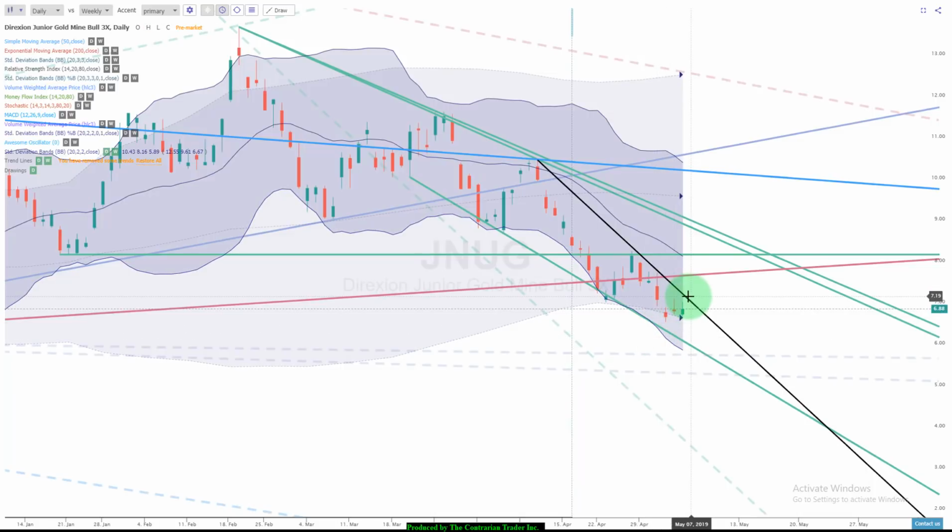And if we do break out and above it, expect resistance here at 783, resistance then again after that at 819. Anything above that level will probably take us out and above these primary upper bands of resistance, and we could rally all the way up here to